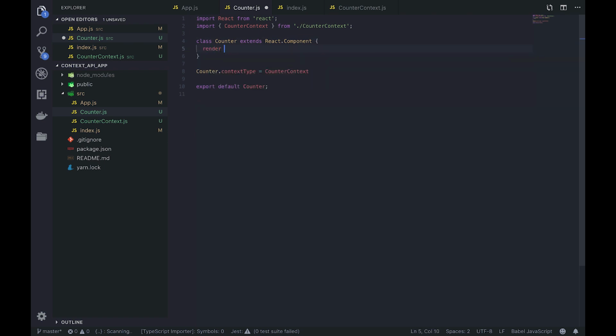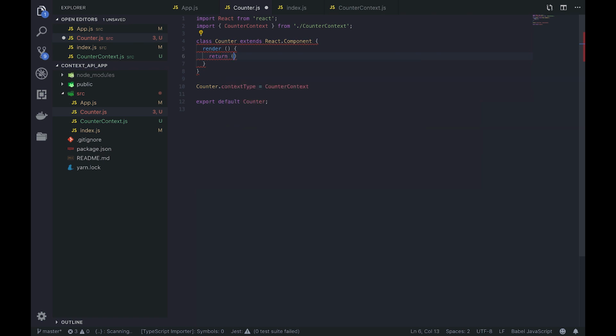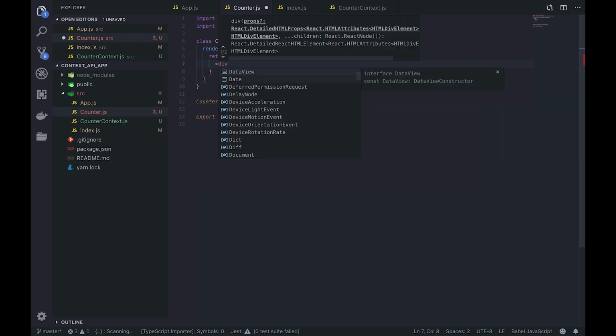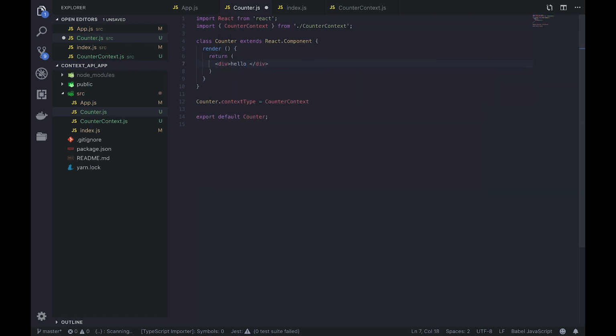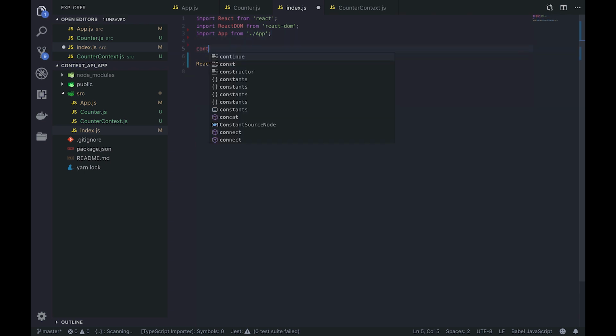Now let's create our render method here, which will return to us a div with our counter, which will be this.context.count. And inside our index.js, one thing that we're gonna do differently here is to create a new component,